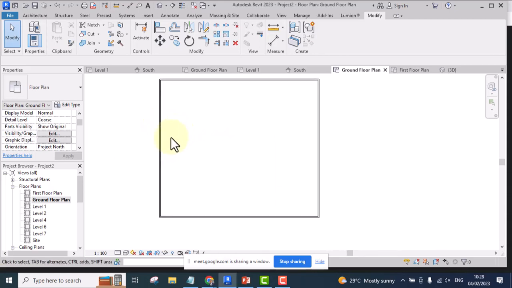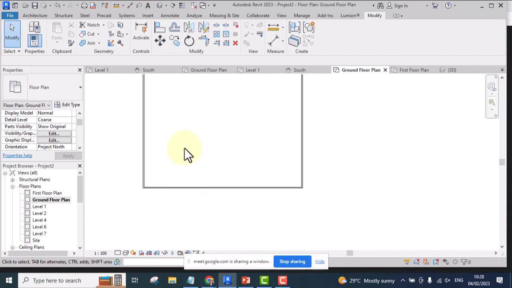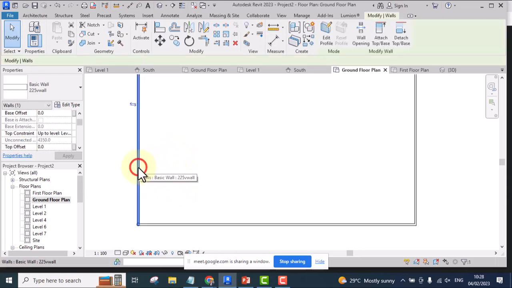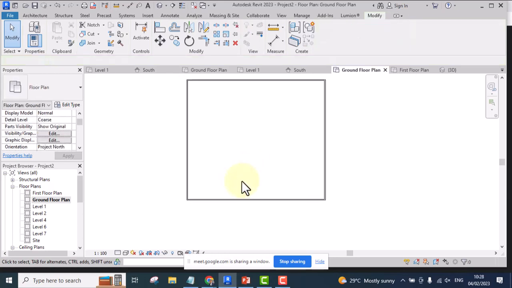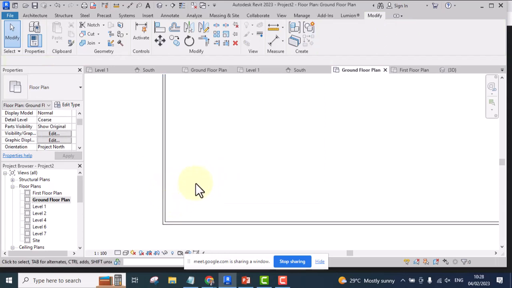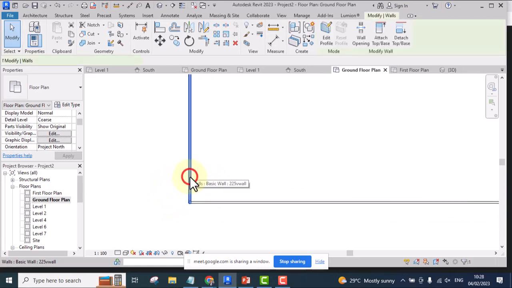Now what if I want to create another room? Let's say I want to create a room. I can simply select this wall, and there are so many things I can do here. I can offset, I can copy, I can select it and hold Control and drag, which means copy. So it's left for you as per the tool you want to use. Now I like to use select and drag,